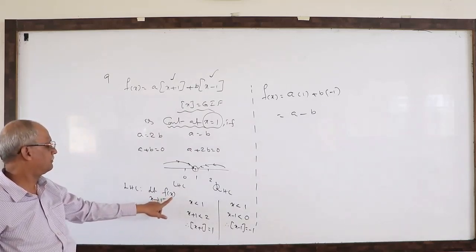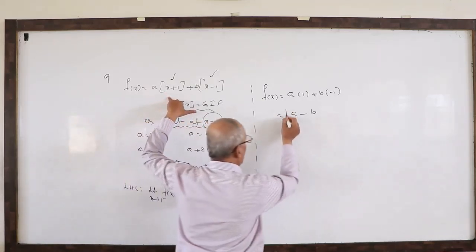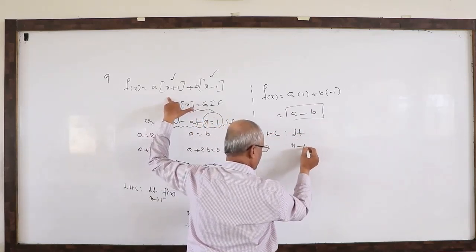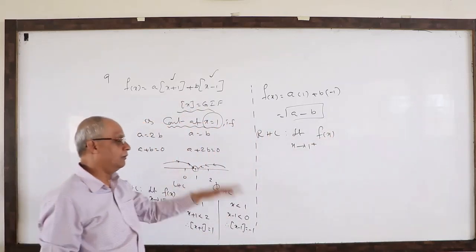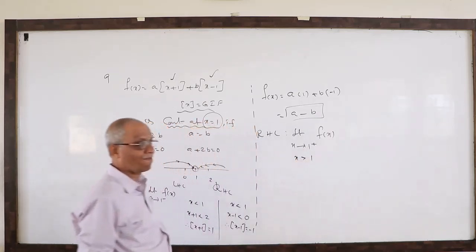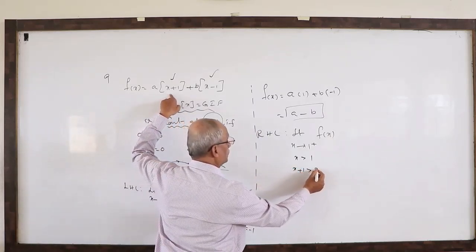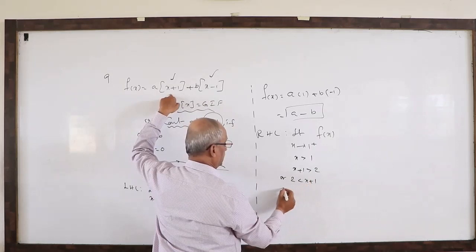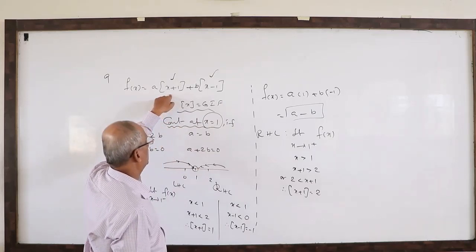Limit x tends to 1 minus f of x. Therefore, now we will go for right hand limit. What is its meaning or symbolic form? X tends to 1 plus. Okay. X tends to 1 plus means x is greater than 1. Now, x plus 1 greater than 2. Or 2 less than x plus 1. Right side not important. In this case, what is its step or integer value? 2.